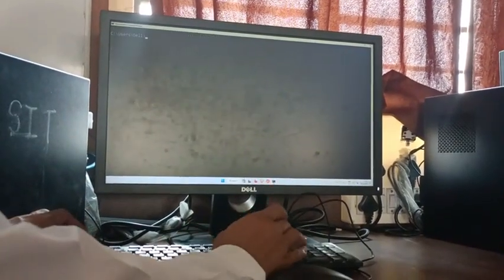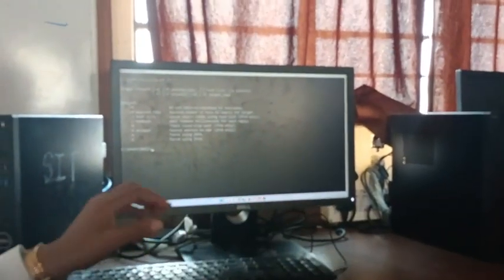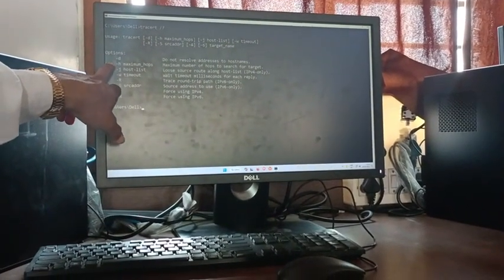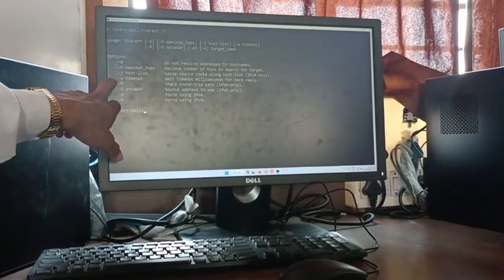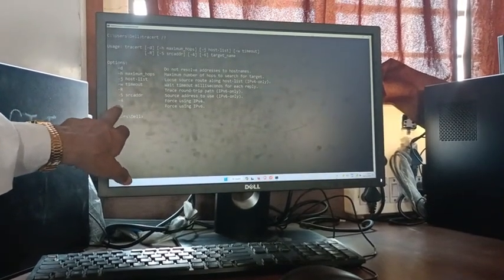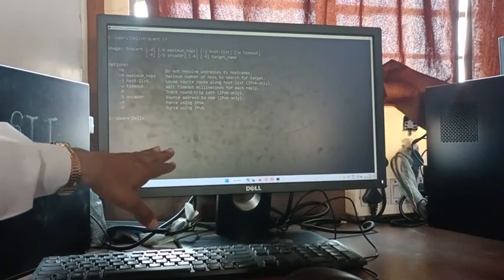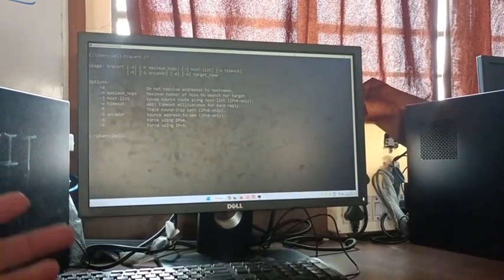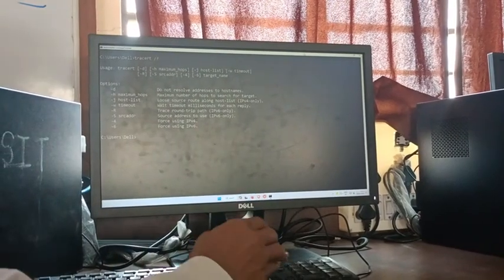Here you can use this particular command to see what can be done by using it to search that DNS. So here there are n number of options: dash D, dash H, dash J, dash W, dash R, dash S, dash 4, dash 6. That means those particular options can be used to search out that particular domain name system or server.